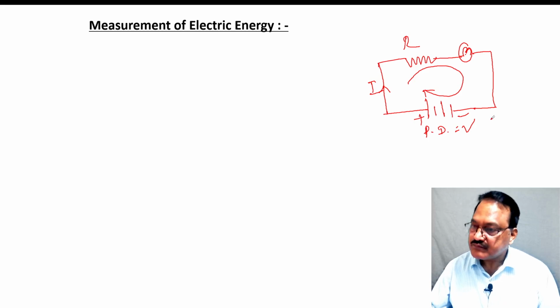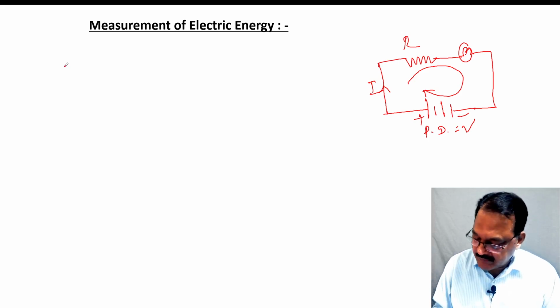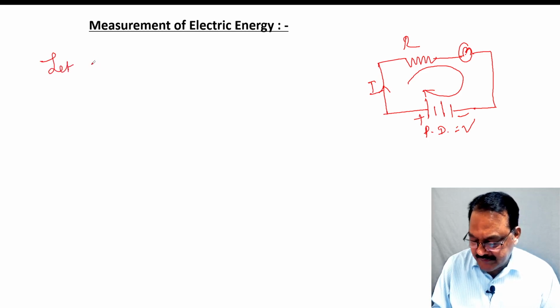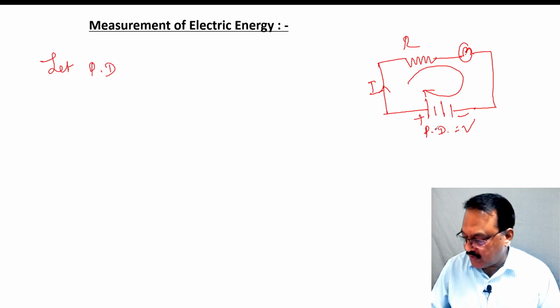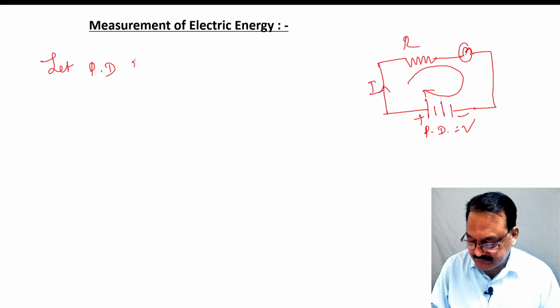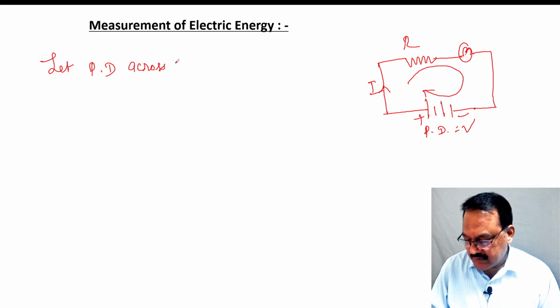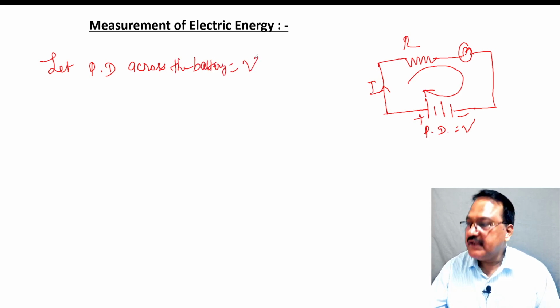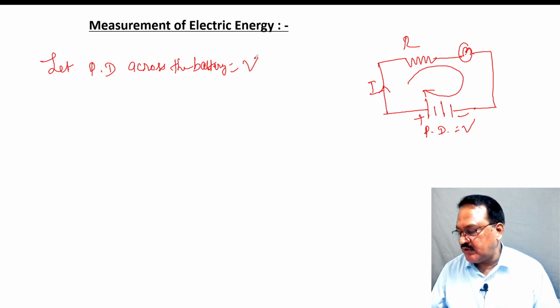Okay, fine. So let the potential difference, PD, across this battery, across means both ends, across the battery, be V. Okay, then we can take current similarly, then charge also,